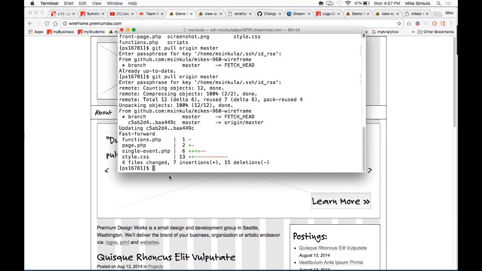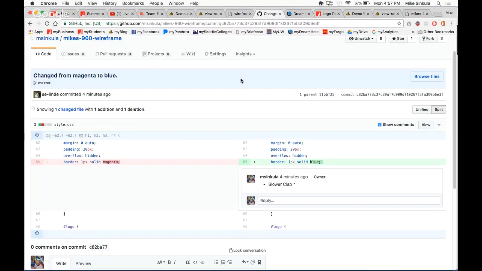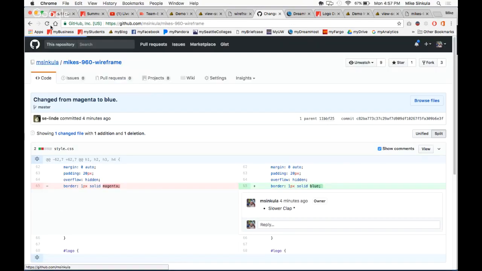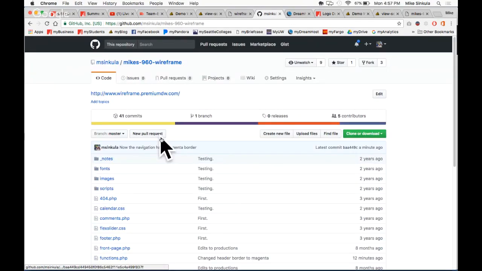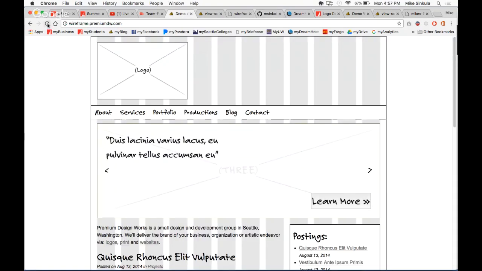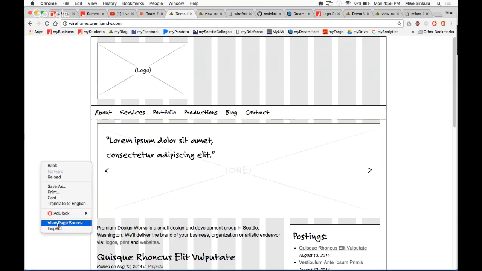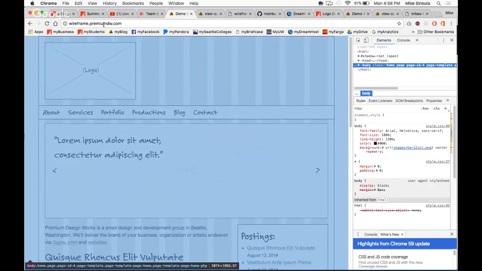So basically, now what happened was via SSH, my server went to GitHub and pulled the latest code from GitHub. So now, remotely,